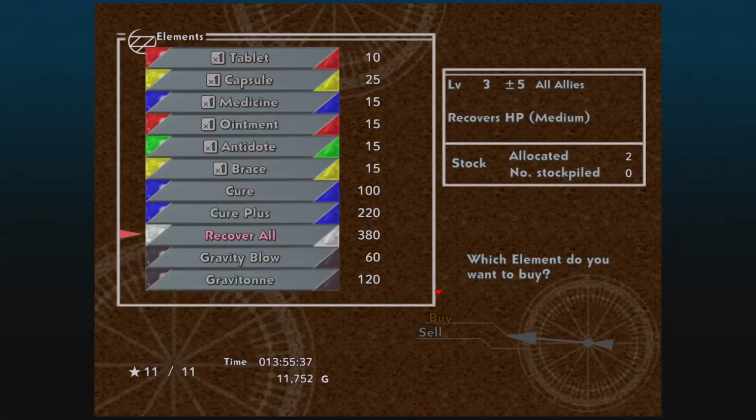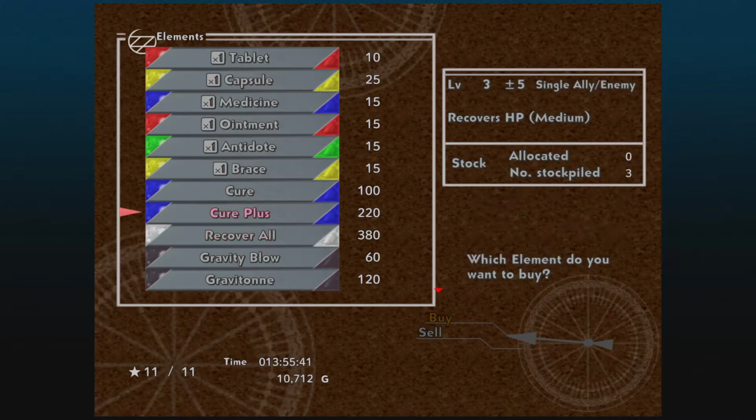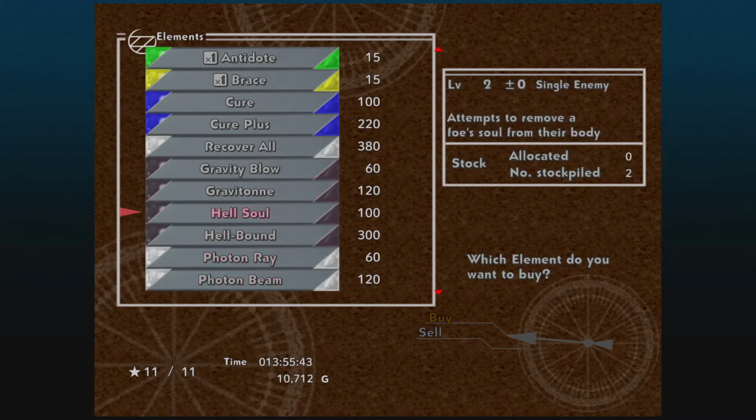They've got access to some new things, including Recover All, Cure Plus we need to pick up, Gravitone we now have access to. Hellbound is basically another version of Hell Soul. It inflicts instant death. This one I believe I have a value for. I believe it's a 40% chance of inflicting instant death, which is not terrible,